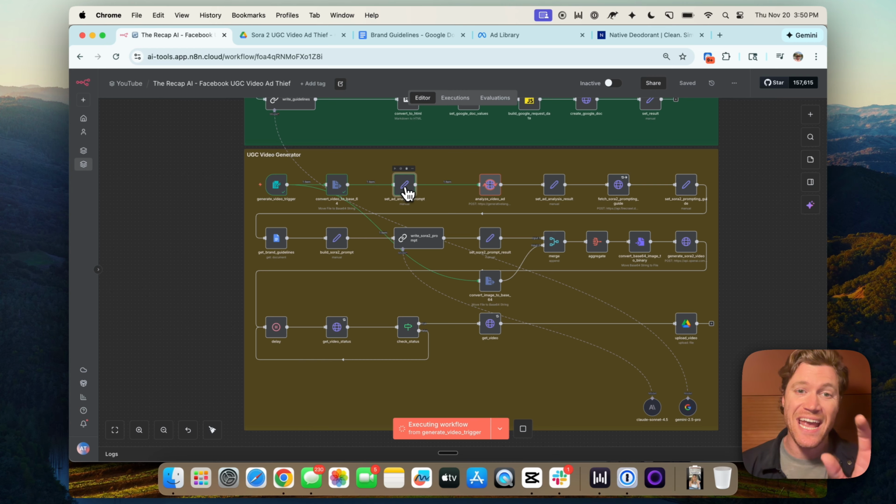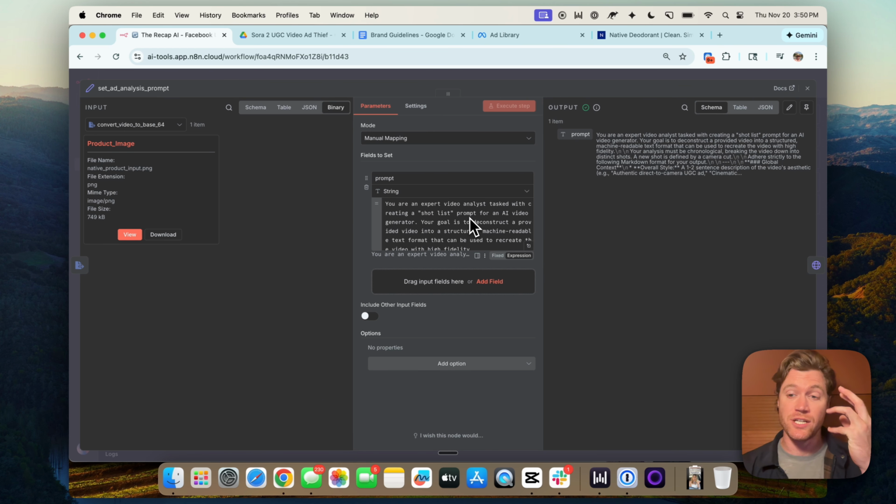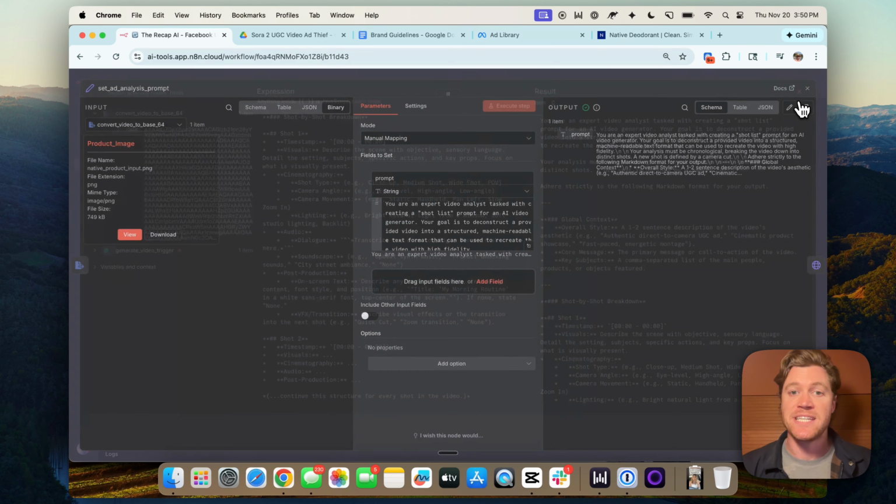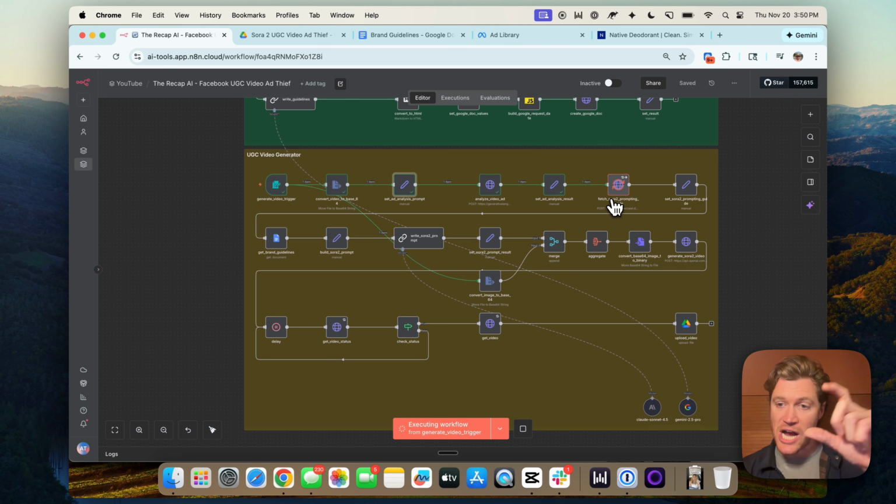So first we're going to have this analyze video prompt where we ask Google's Gemini to analyze the video of the competitors that we're trying to clone. So you are an expert video analyst tasked with creating a shot list prompt for an AI video generator. Your goal is to deconstruct a provided video into a structured, machine readable text format that can be used to recreate the video with high fidelity. And this long prompt essentially is going to have Google come back with a shot list of each piece of the video ad that we'll be able to pass downstream when we write the prompt to generate the video